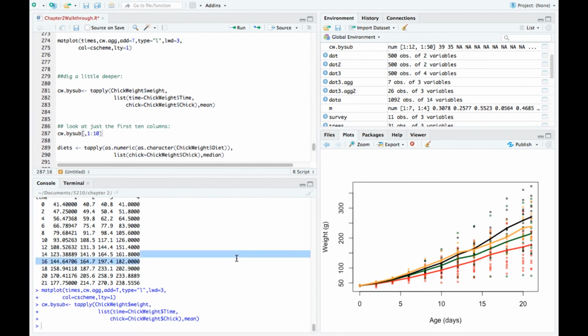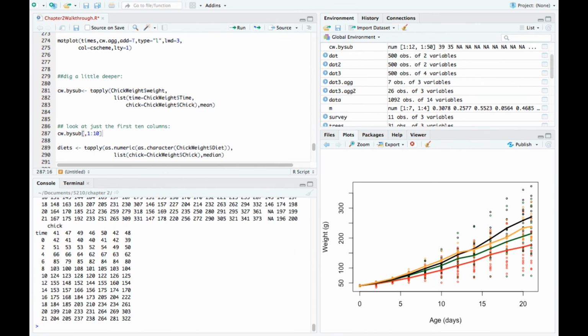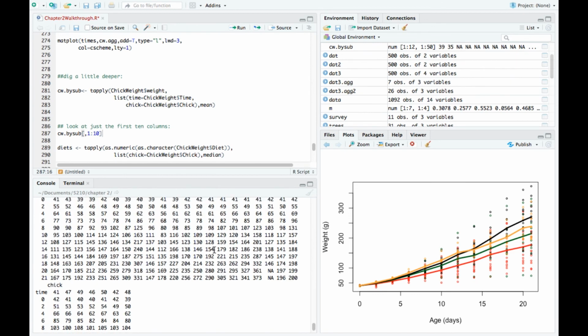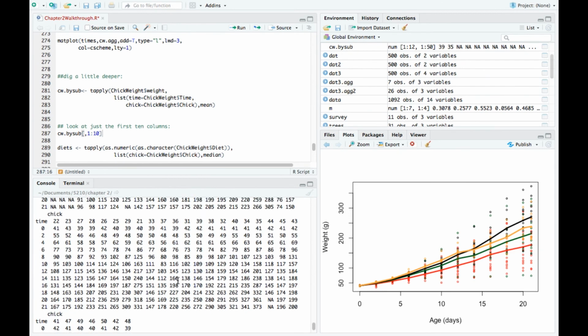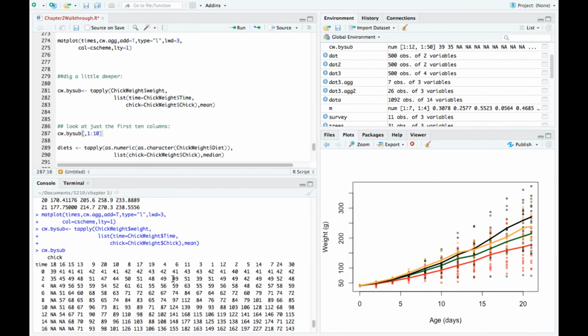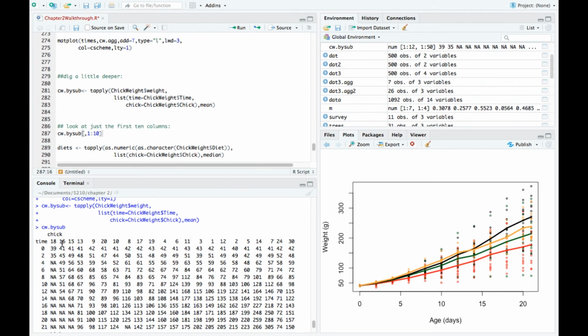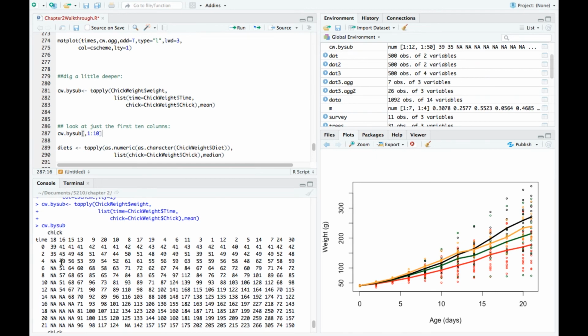So if we look at CW by sub, this just redefines the whole data set as a table. So I'm using that t-apply of weight by time and check. This might help, this is basically what's being plotted here. But now I can see, okay, I've got time along this axis and chick here,